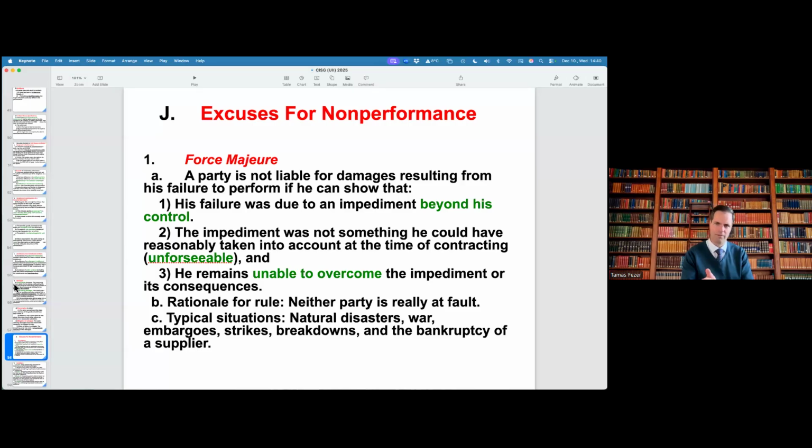I'm sure you are all aware of that, right? Because you all remember that scenario. So people couldn't go to work and stuff like that. And that was the reason the German company was unable to manufacture the products on time and to perform the contract. Is it a force majeure or not? Probably it is. We don't have a decision yet, but this governmental restriction is certainly beyond the control of the